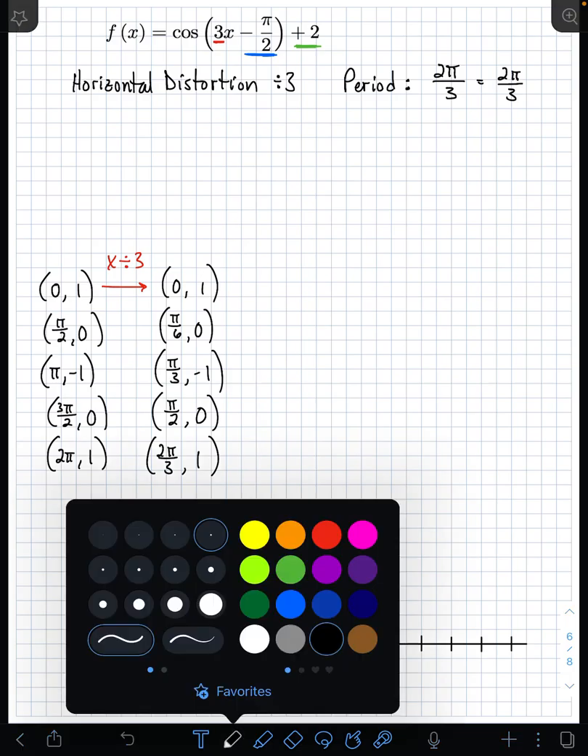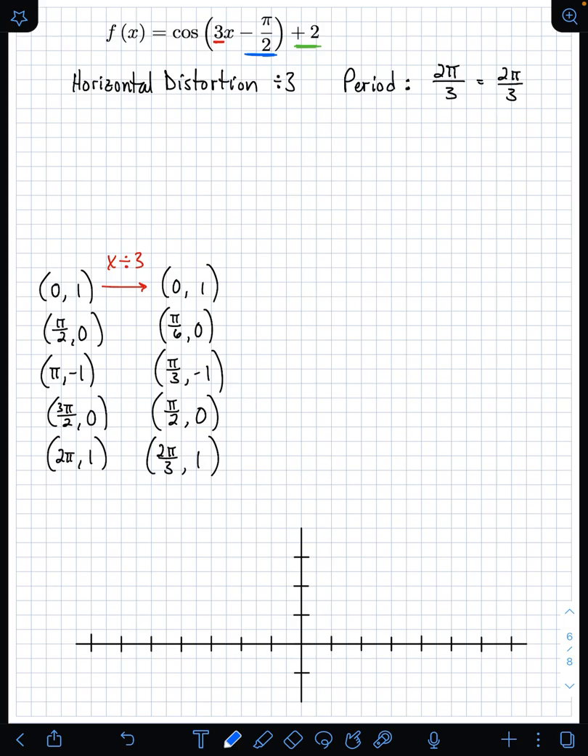Okay, next up is the tricky one. That minus pi over 2 signifies a horizontal shift, but we have to also take into account the distortion. See, normally the shift might be a distance of pi over 2, but that distortion has altered everything horizontally. So that's why when we find the horizontal shift, sometimes called a phase shift when we're talking about a wave,